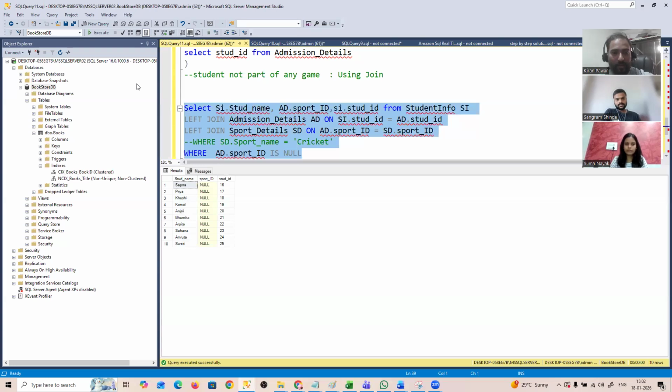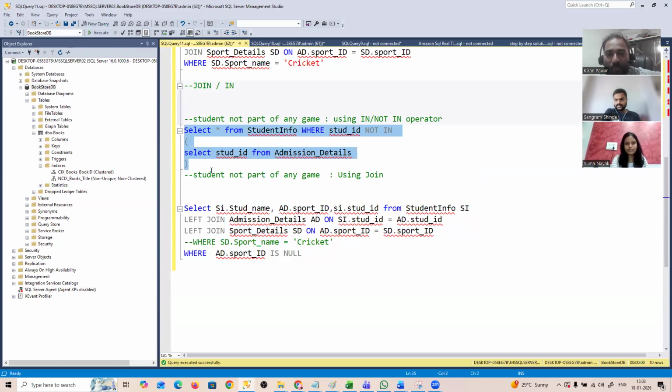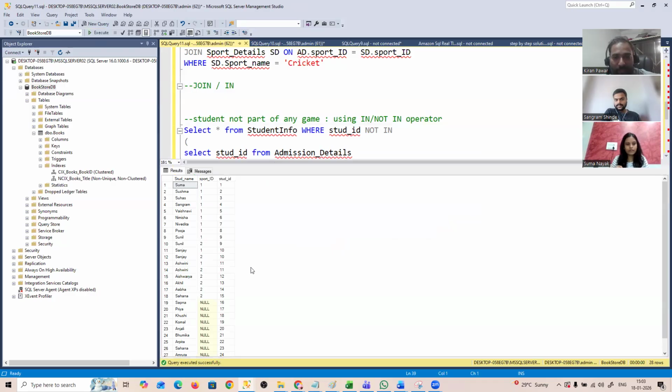Got it. What I was thinking, sir, is that if you execute that with only the left join, in front of these names we have null values, right? So I thought